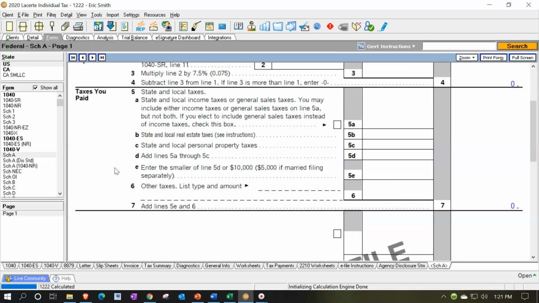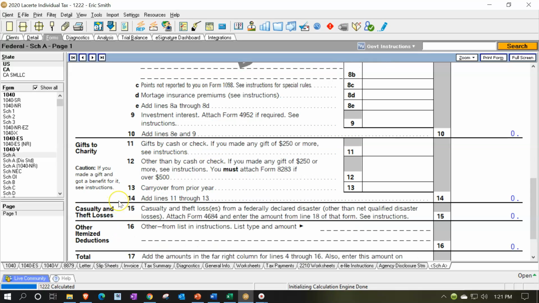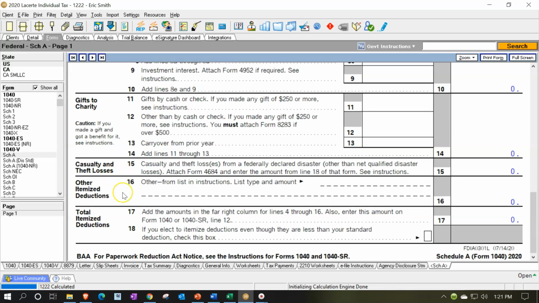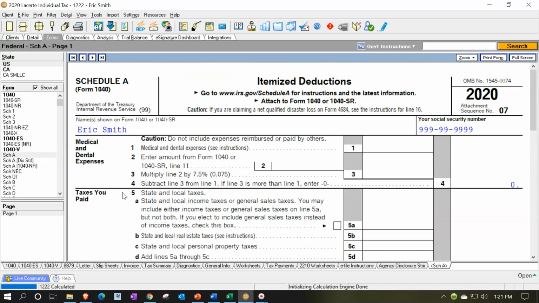What's the impact of the taxes that I'm going to pay? Interest that you paid, gifts to charity. Now, there's another kind of component, which is a smaller component for gifts we'll talk about later, that you still might get a benefit if it's not on the Schedule A, but typically gifts here, casualty losses, and then other itemized and so on. If they mention any of these items, and they're not close to the 12,400 or 24,800 if married, then you're like, okay, we can check it out. I'll add it to the tax return, but I don't think there's going to be an impact on the tax return for it. And you want to be straightforward with that,